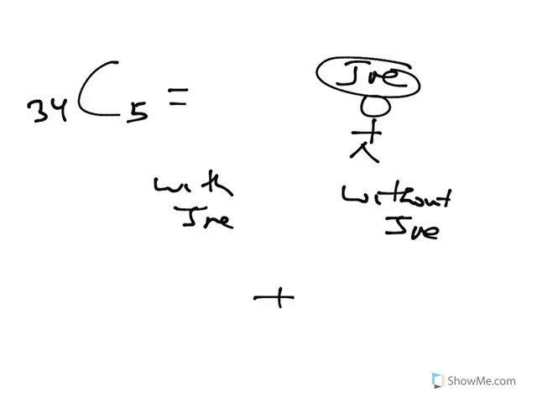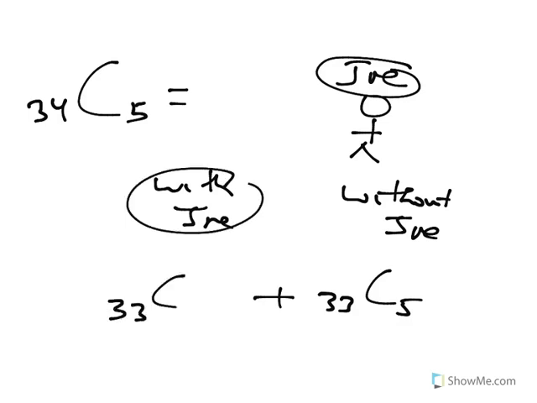Well, for the committees that don't have Joe in them, there would be 33C5 of those, because I could pick all 5 people not using Joe. On the other hand, if they have Joe, then I have to just pick 4 people from the remaining 33. And this is sort of an intuitive way to think about that. It's a really important formula because it leads to